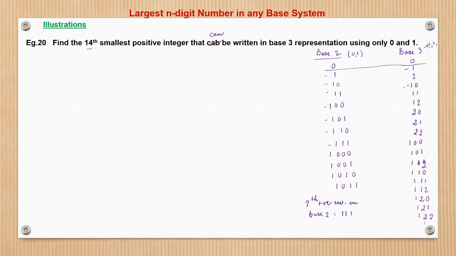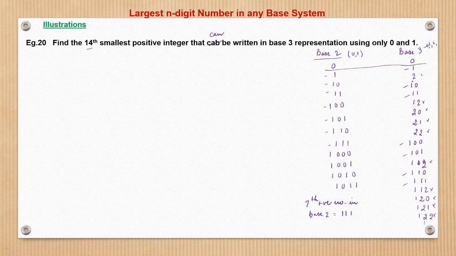So this we will take, this we will take, this we will take, this we will not take, right? This we will cross out. This also has a 2. This we will take, this we will take, this we will not take, this we will take. This is a possible case. This is not, this is not, this is not, right? So now see, if we count here, 1 2 3 4 5 6 7.